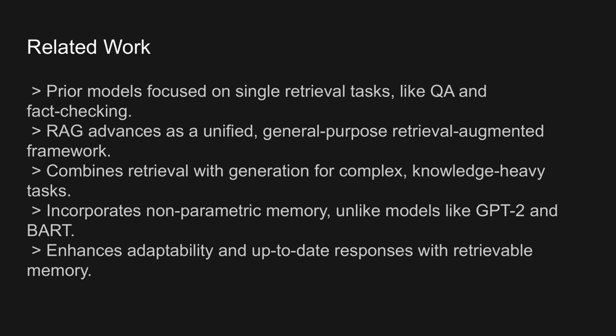And what about memory-based models? I know some architectures use memory to store information explicitly. Does RAG relate to those models in any way? Great question. Yes, RAG shares similarities with memory-based architectures that use large, external memories accessible by neural networks. However, traditional memory networks often relied on dense embeddings or fact embeddings, which made them challenging to interpret or update. RAG's memory, on the other hand, is based on raw text from Wikipedia. This approach makes RAG's memory more transparent and easier to update, as it can simply swap out or add new